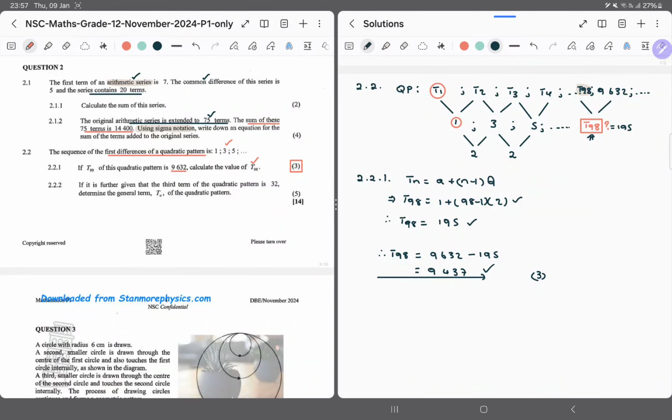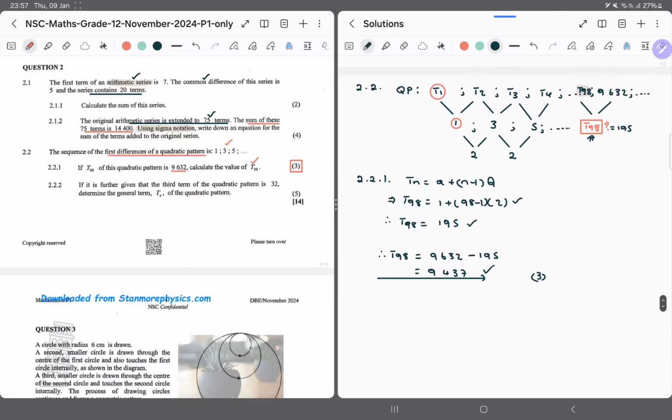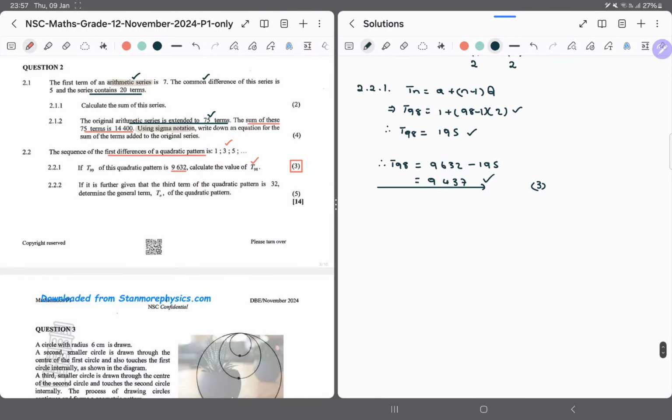But you can complicate your life here if you will, because you can make this into one big step, using the quadratic pattern in general, using this, and then using this in general, then getting to this, using the second sequence again, using this, then you have this long, lengthy, complicated equation, but it does solve the problem in the end. So sometimes you choose the best approach so that you can get to the answer much more quickly without losing too much time. It is important to be economic as well, because that's what matters in terms of finishing the paper. Anyway, it is further given that the third term